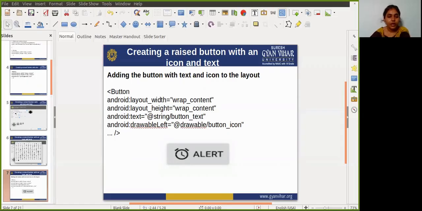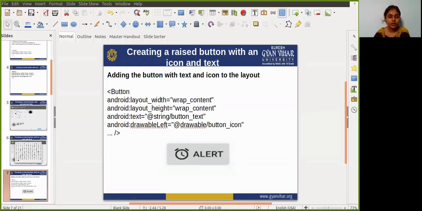Okay, and for this you need to write some code: firstly call the button element, in which you need to add some attributes like layout width, layout height, and what text you want to show. And drawable left is used for placing the button icon.